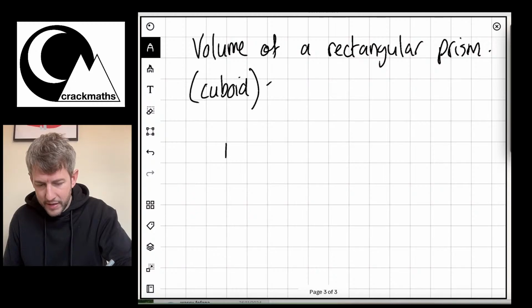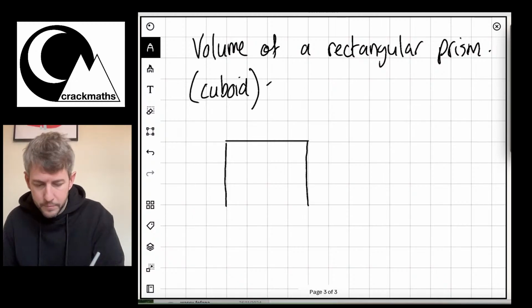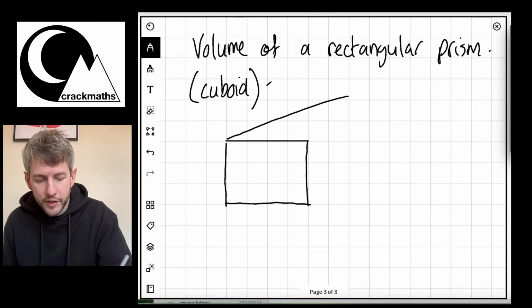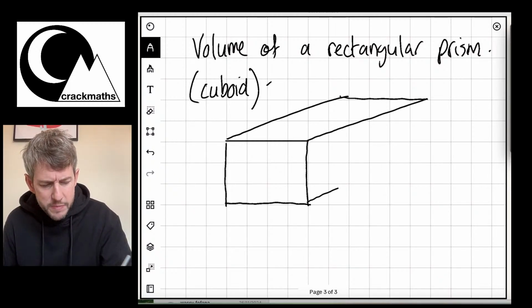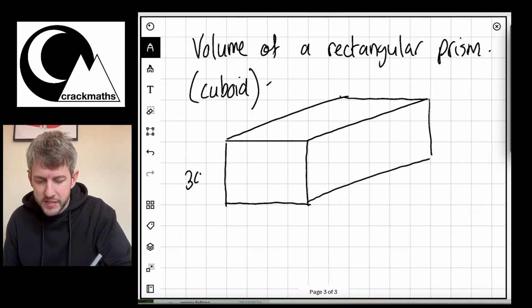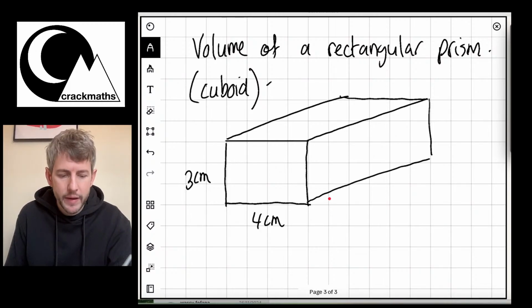So let's say my rectangle here is 3 by 4. Okay, and then let's say we're going to go back, and I'm just going to say that we're going back how many spaces? Let's say we've got 3 centimetres here, 4 centimetres here, and let's say we're going back